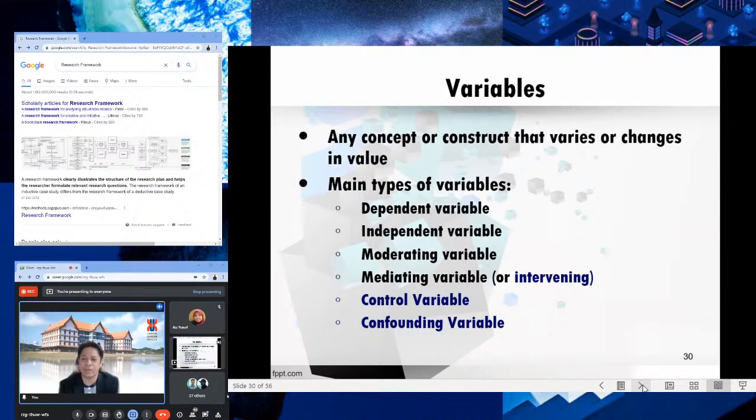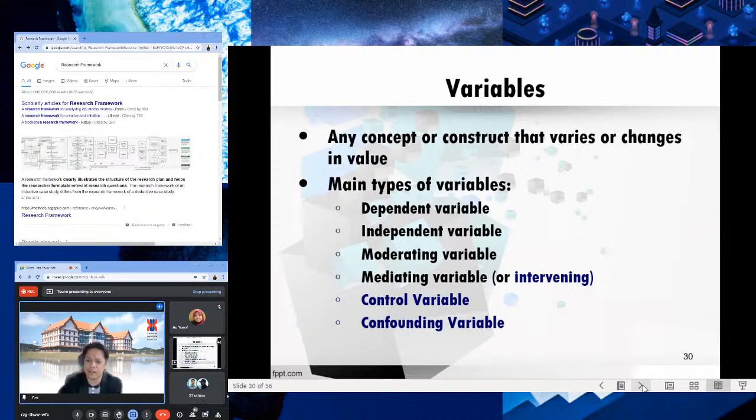But you need to understand about the variable. I think anyone here is well versed about the variable, so this is also important when you want to design or develop your theoretical framework or conceptual framework. Any concept or construct that varies or changes in value is a variable. Normally in any research or model analysis, especially for quantitative analysis, we have